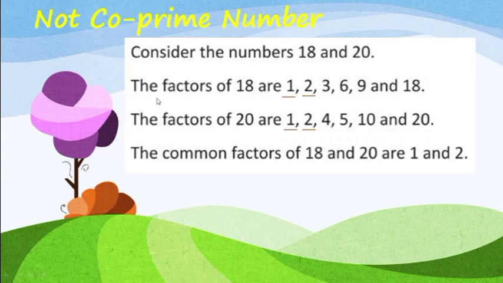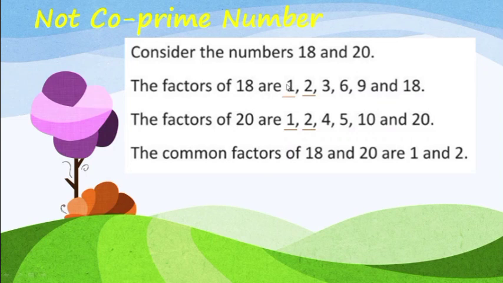So all those numbers which can divide the given number are factors. So we have written all the factors of 18. Now we will write the factors of 20. It comes in the table of 1, 2 also, 3 doesn't come, 4 it comes, 5 it comes, 6, 7, 8, 9 don't come, 10 it comes, 11 to 19 don't come, 20 it comes. So the factors of 20 are 1, 2, 4, 5, 10 and 20. You must know the tables perfectly, then you can write the correct factors.